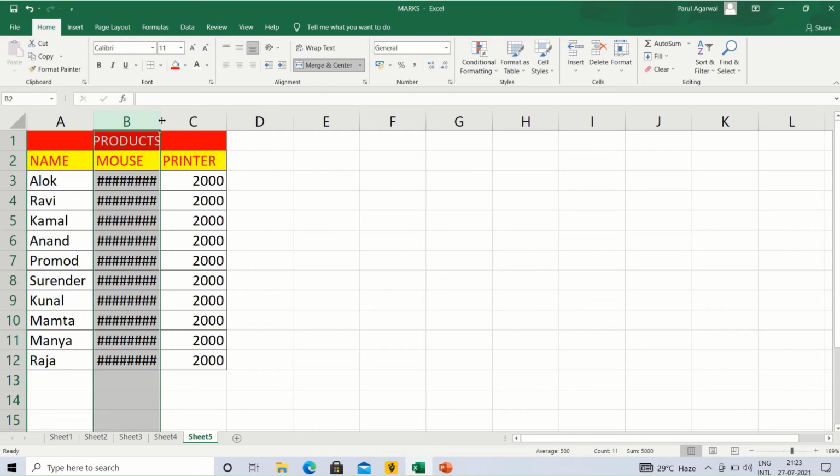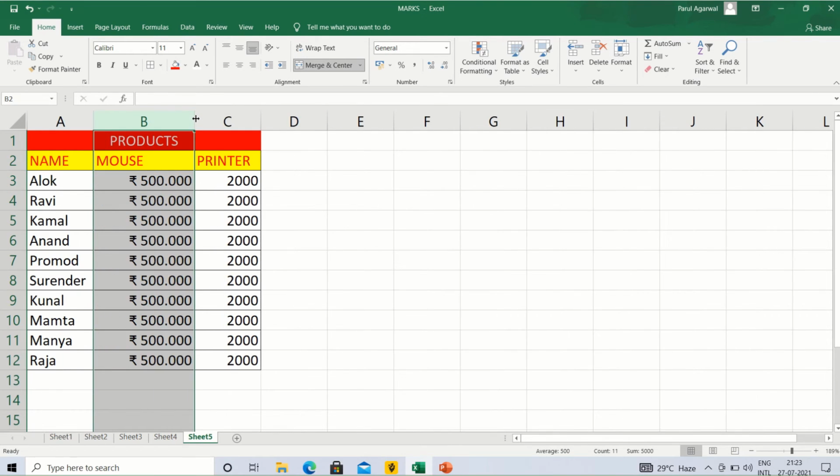In this kind of error, what we have to do is increase the column width to get the whole text or number, whatever is there. The number can be displayed by dragging to the right side, meaning increasing the column width.